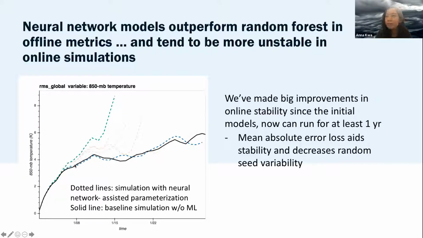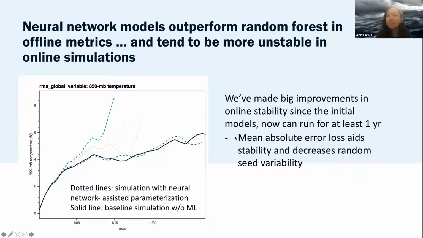And then what I tried was, let's add some additional outputs. Let's try to predict wind as well, and do some momentum corrections in this model. I don't have it shown here, but the random forest just handles this really easily. You just have it predict some momentum, and it still runs. Whereas this green line here is a neural network that's trying to do the same thing, and it just goes crazy. We have made big improvements in keeping neural networks stable, so I don't want you to take away that this is what they're all doing. I'm just trying to show the dangers of using a neural network in these simulations.